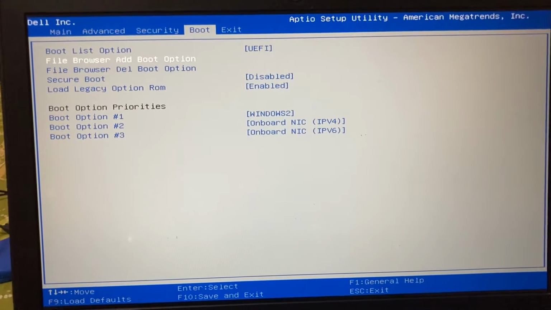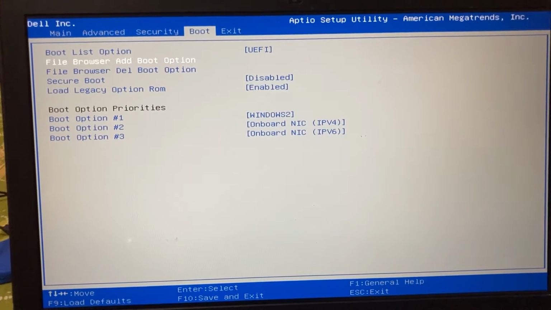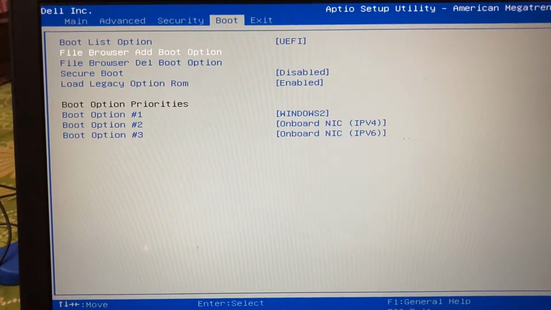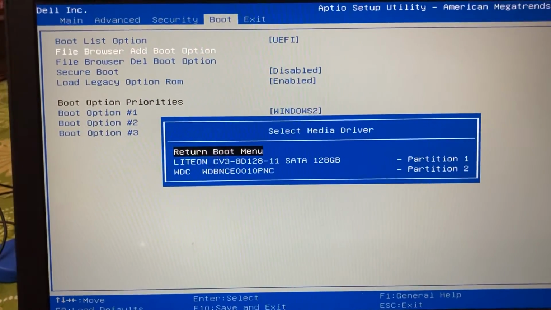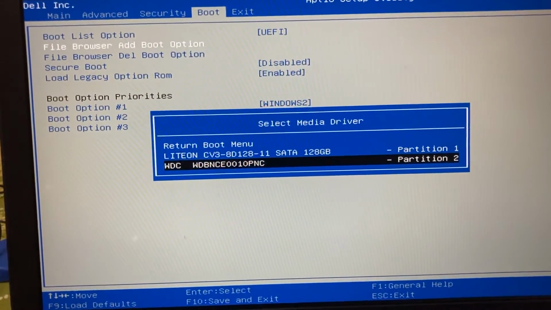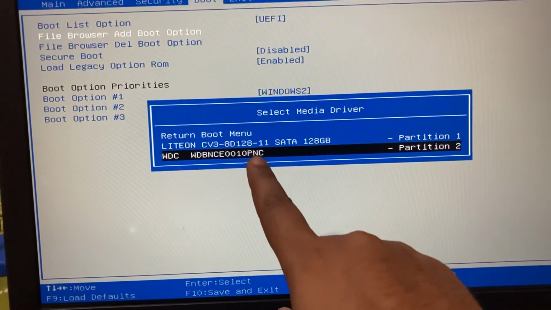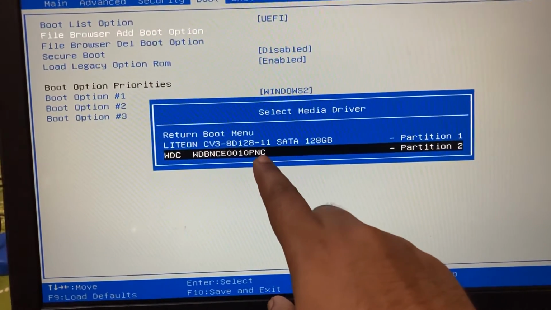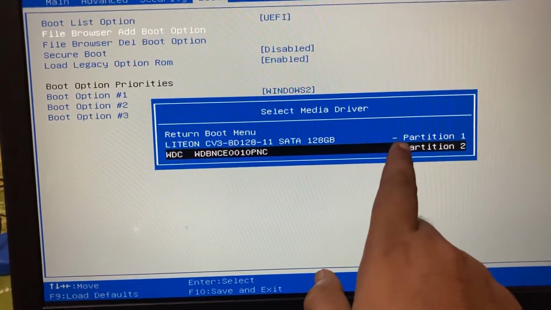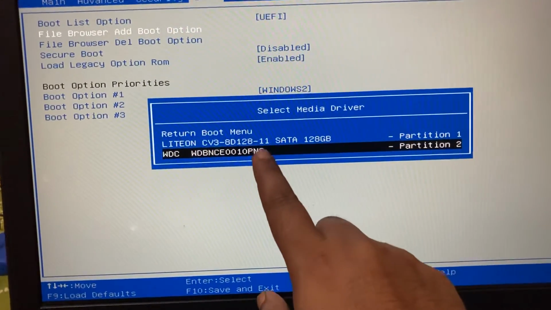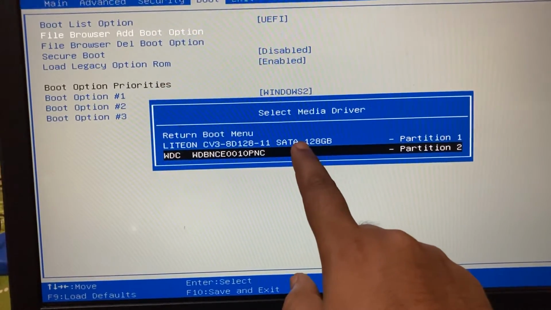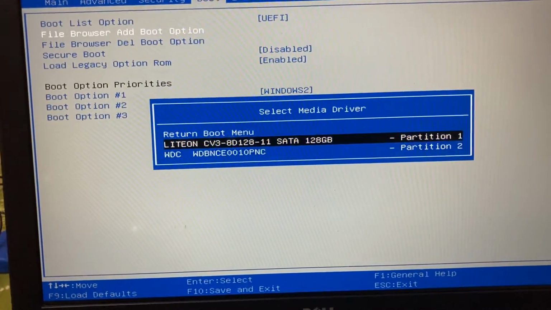So what you have to do, you have to click on file, browser, add boot option, the second one, click here, and there you will see I have two partitions, one is 128 GB and the second one is 1 TB. So what I want to do, previously my system was getting booted up from this hard drive. Now I want this 128 GB one.